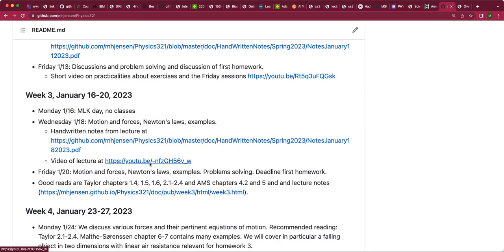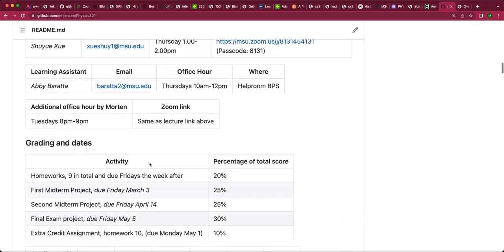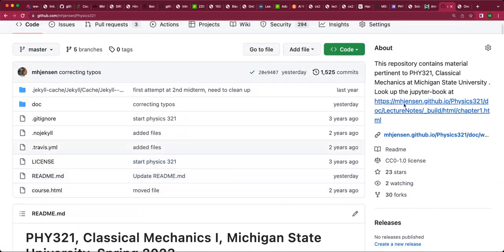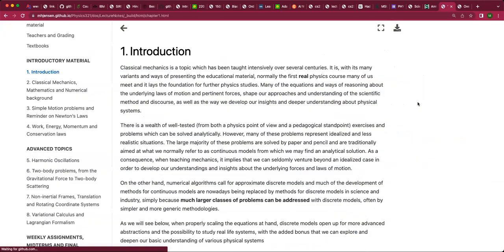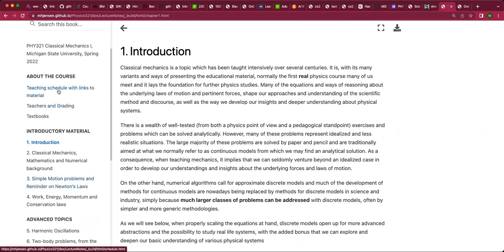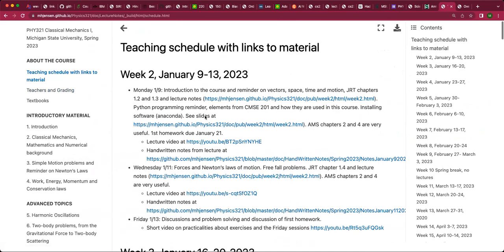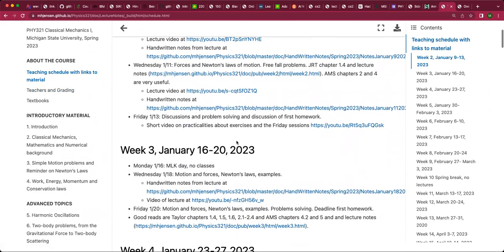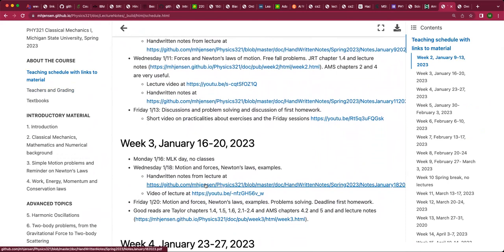If you go to this Jupyter book, which in a way contains all the teaching material, and you click on schedule, then you will find the same videos. This is being updated, and you can see, like last week, we have the videos and the handwritten notes. So you can always look back at the material at your own pace and whenever it fits you.